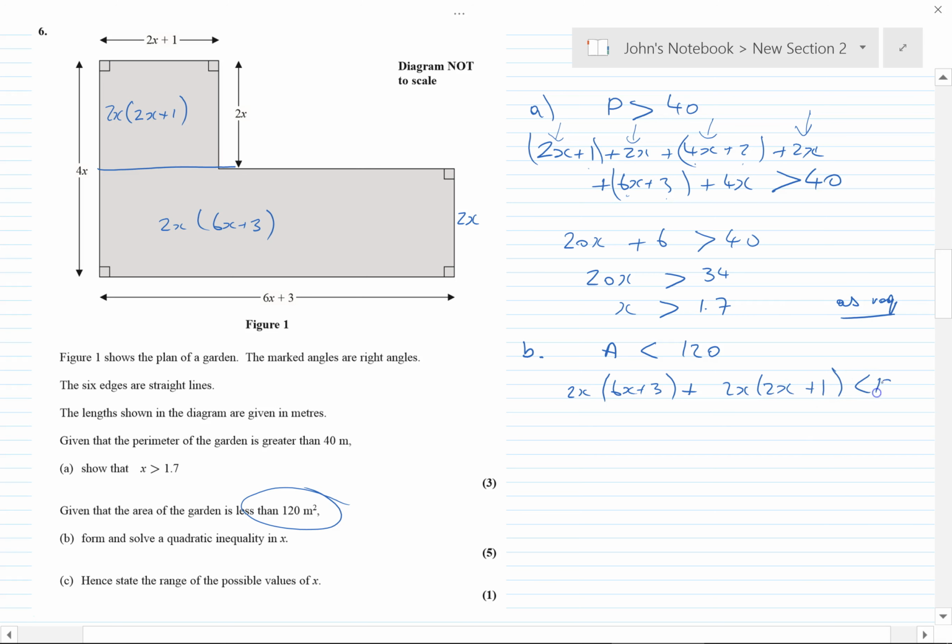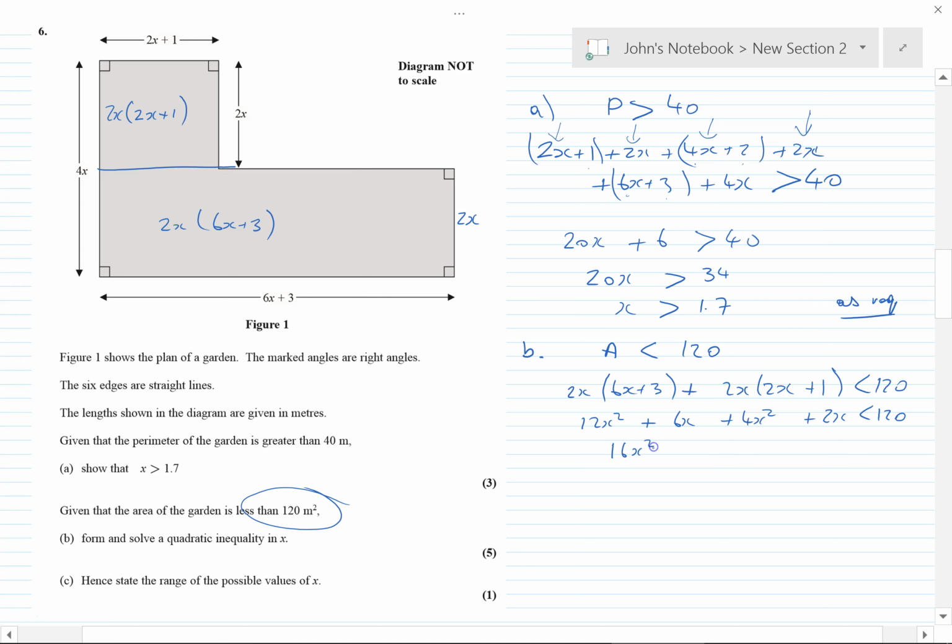It's got to be less than 120. So there we're going to have 12x squared plus 6x plus 4x squared plus 2x is less than 120. So that gives me